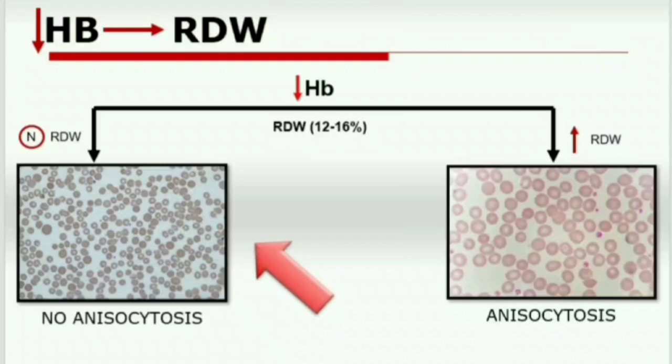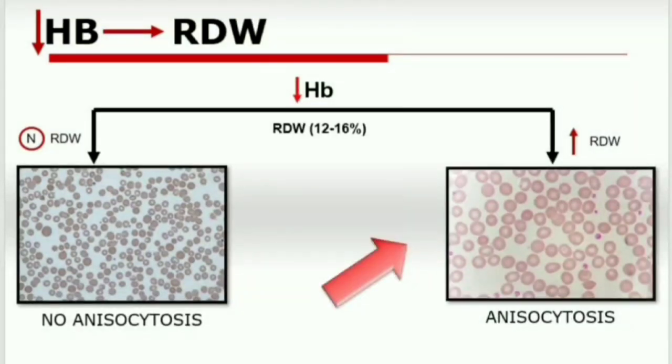Whereas in the right peripheral smear, you will notice RBCs of variable sizes. बहुत छोटे, उससे बड़े, उससे बड़े और बहुत बड़े RBCs we are able to see. So this sample morphologically has anisocytosis, that is variation in sizes of RBCs, and also RDW of this sample will be high. Simplifying it further,